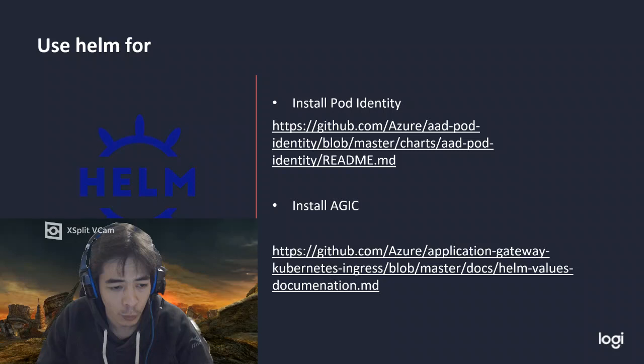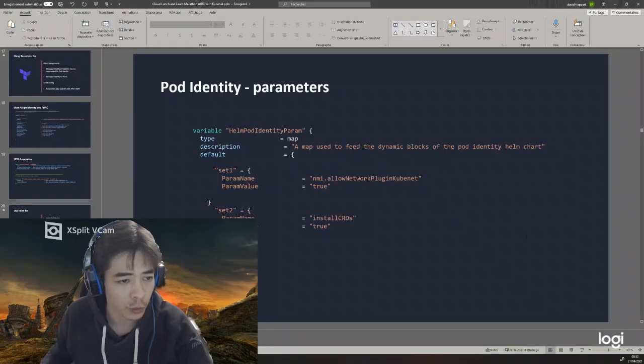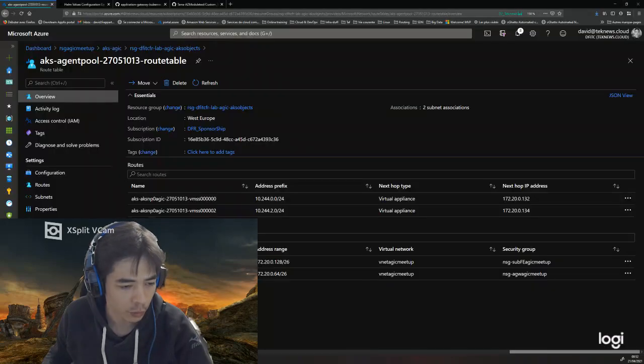Next, as I mentioned, I'm using Helm, through Terraform but still Helm, to install both pod identity and AGIC. I also wrote down on the screen the two links that I used for my documentation. But before going into much detail, let's have a look at the documentation.